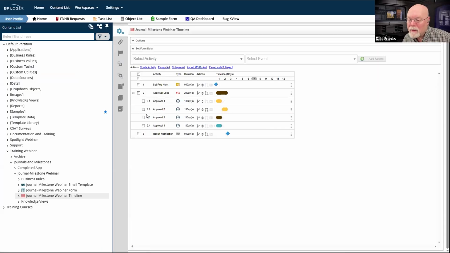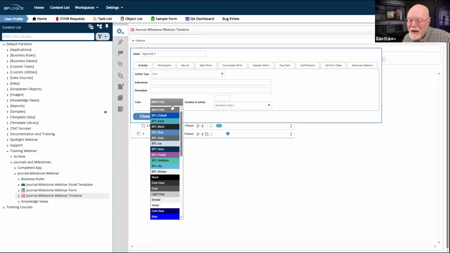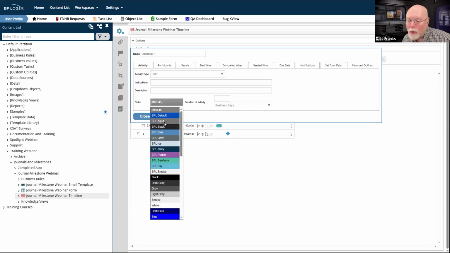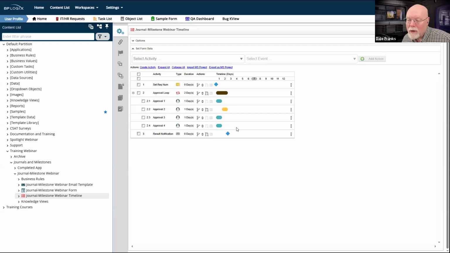Okay. So I have, well, let's match all these colors up. So even though they're not all in the same order, and they're not all happening together, I've actually got these 3 activities that are all going to happen concurrently. And then we're going to go to approval 2.